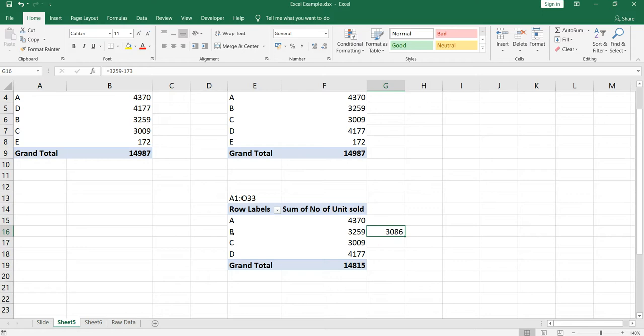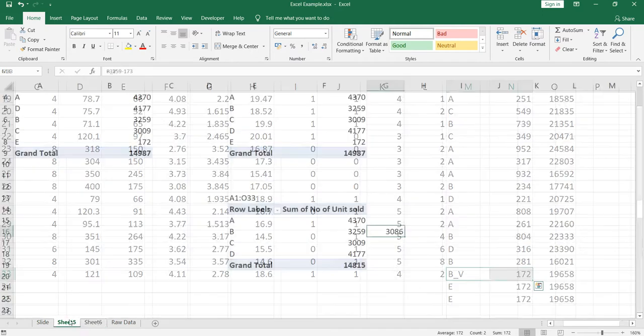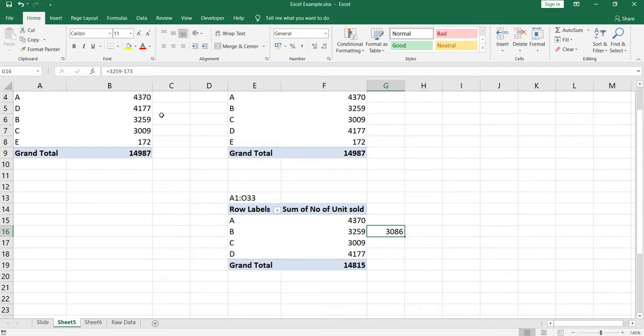So I have changed one of the car categories from B to B underscore V, and the number of units sold was 172. Sorry, I put 173, so I need to put 172.